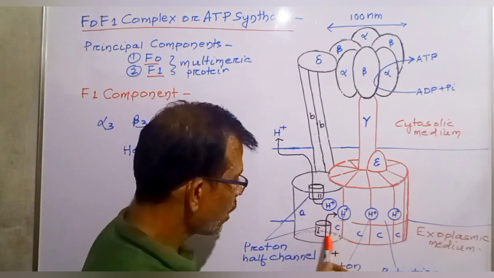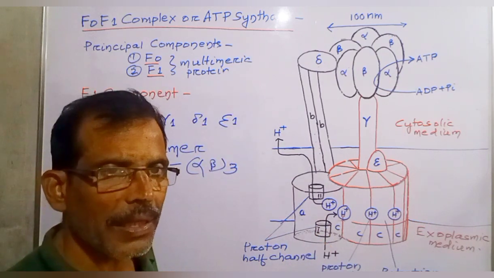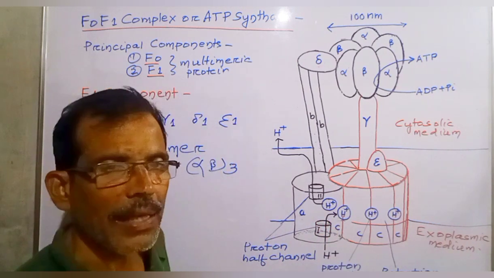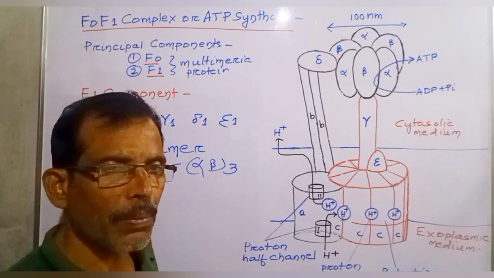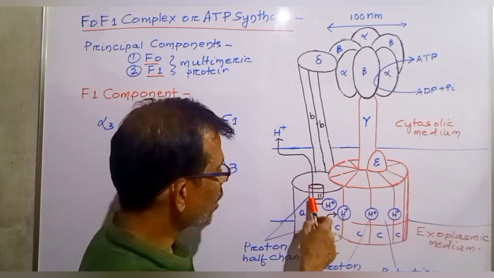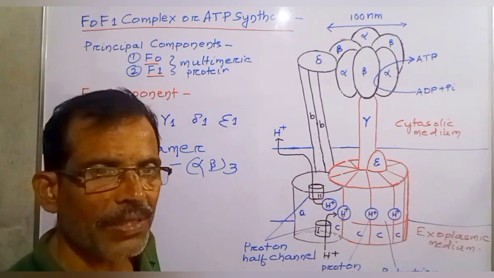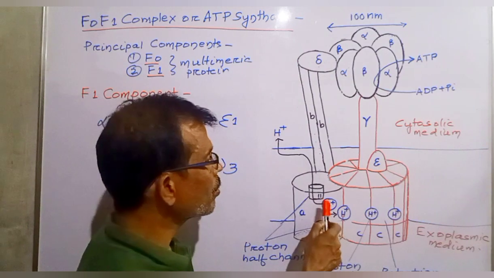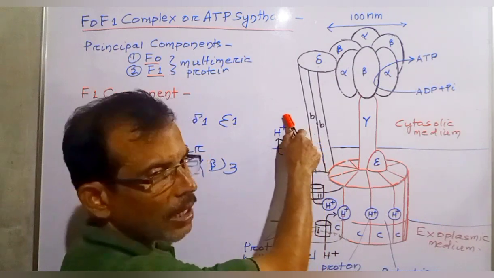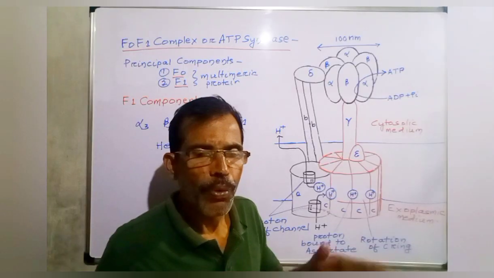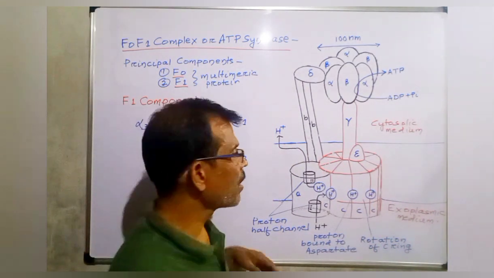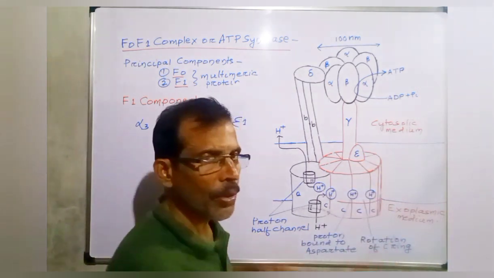Half channel 1 allows protons to move one at a time and to bind to aspartate 61 at the center of one of the C subunits lying in the middle of the membrane. Whereas half channel 2, after rotation of the C ring, allows the proton to dissociate from aspartate and move into the cytosolic medium. During flow of protons, the C ring and the associated F1 gamma and epsilon subunits rotate as